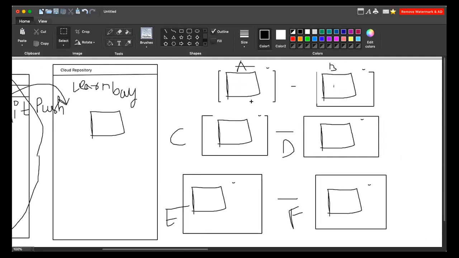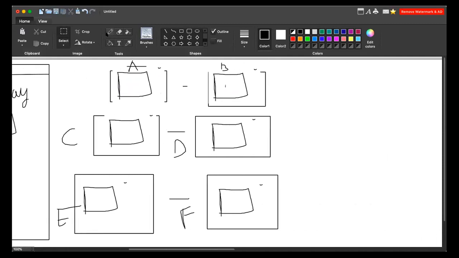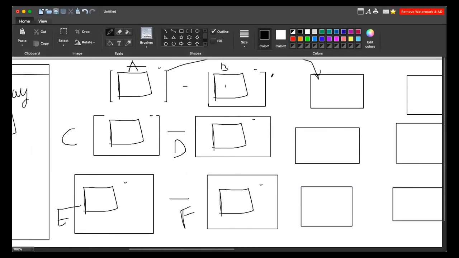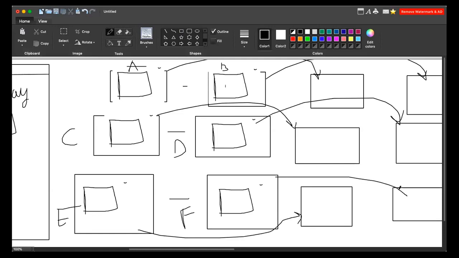So you have created it. Now you will be cloning it on your local system. Let's say you guys have your local system. This is the local system for everyone. This is for A. This is for B. You will be cloning it. C, D, E, and F. Now you will be cloning this same repository here also on your system. So you have cloned it here, you are going to clone it here. Everyone has cloned it.